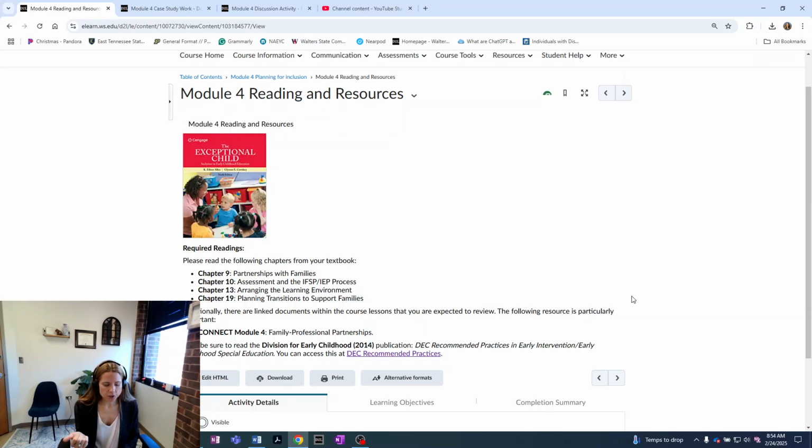So things like, okay, first you have to simulate a planning team, so develop a planning team. Then you have to set goals. You are going to define the roles of the family, define the roles of the sending team and receiving team. You're going to write transition plans and procedures for that child, and then you're going to review, right? We're going to always have to measure if what we're doing is effective. We're going to evaluate what we're doing, okay? So that's the steps in the transition process, and you're going to use this chapter to help you with your